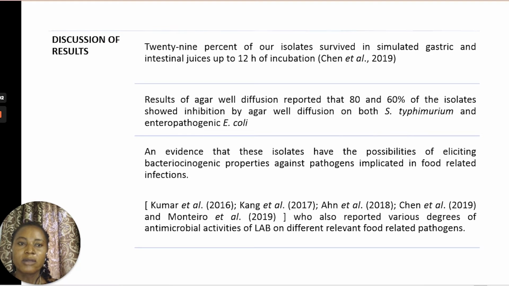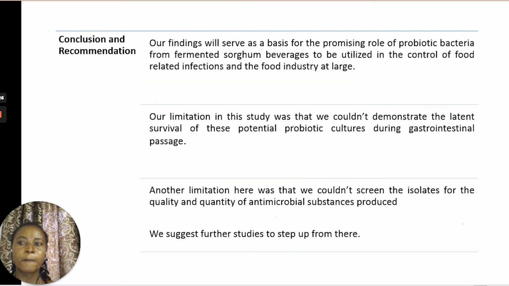29% of these isolates survive in simulated gastric juice up to 12 hours of incubation. The result of the agar-well diffusion is an indication that they can be used against pathogens implicated in food-related infections. This fact has also been established by other authors who reported various degrees of antimicrobial activities of lactic acid bacteria against different relevant food-related pathogens. Our findings will serve to promote the role of probiotic bacteria from fermented sorghum beverages to be utilized in the